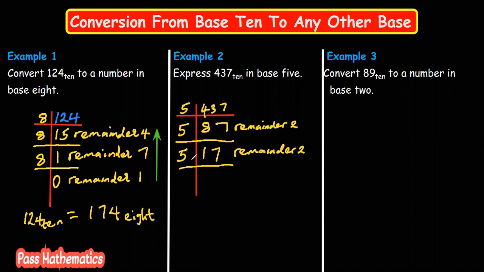17 divided by 5 is 3 times. Then we are going to have a remainder of 2 again, as usual. So we have 2 as a remainder. And then we say 3 divided by 5, which is,